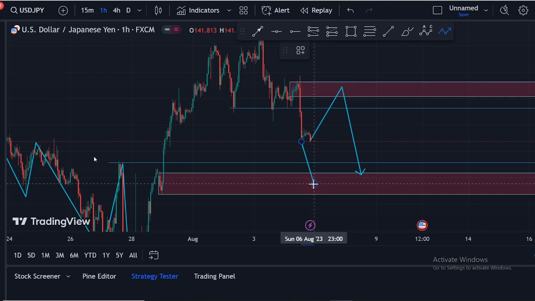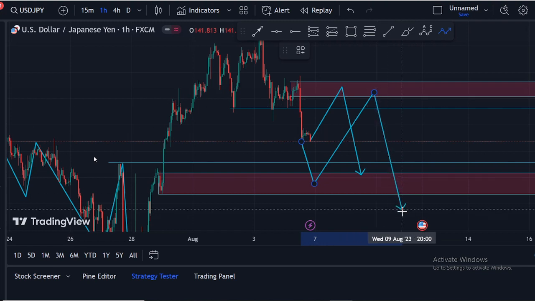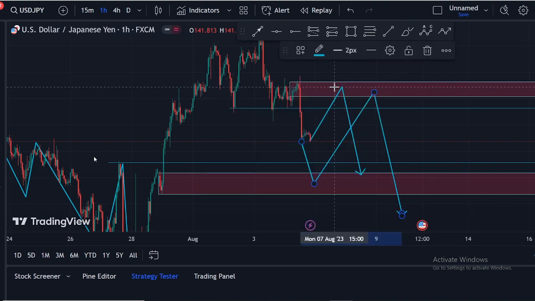And if it comes to this point, after liquidating this area and getting momentum to go up, it will come up and try to liquidate this point as well. And after liquidating this point, it might continue down. So you have two situations. If it liquidates the top area first and then comes down and liquidates the bottom area second, it is most likely to continue up. But if it liquidates the bottom area first and then liquidates the top area second, it is most likely